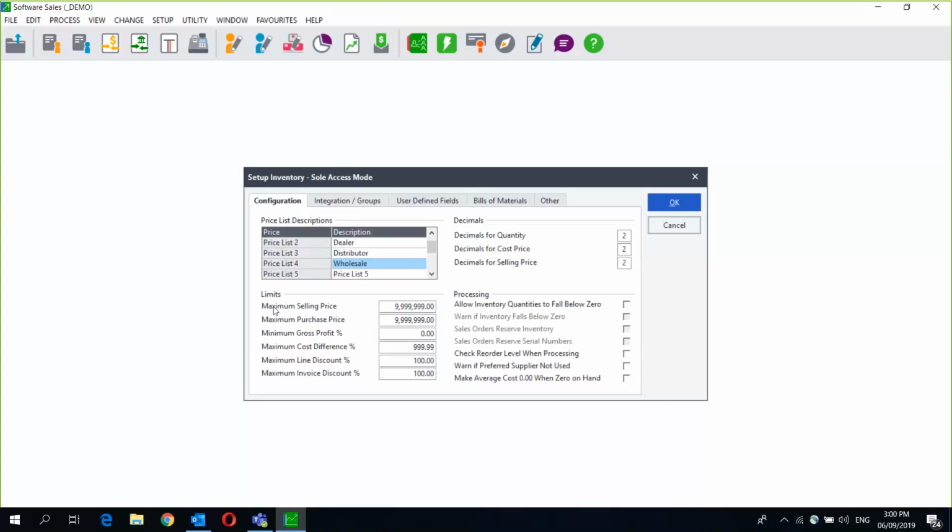You can also set a maximum selling price, a maximum purchase price, a minimum gross profit percentage, a maximum cost difference percentage, a maximum line discount percentage, and a maximum invoice discount percentage. Depending on what you've set here depends on whether you'll get certain warnings. So if, for example, you set your maximum selling price at 200 Rand, anything over 200 Rand, you're going to get an error. In this instance, we would advise that you set it to